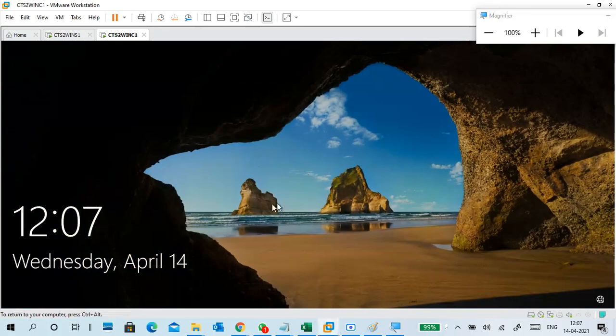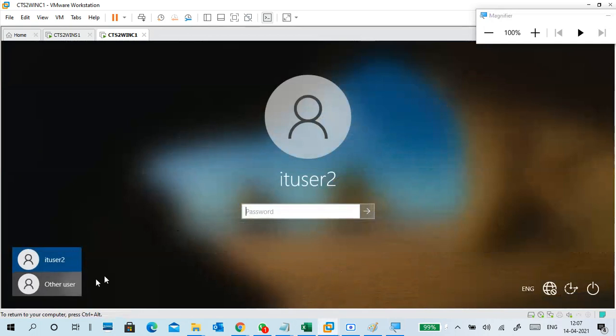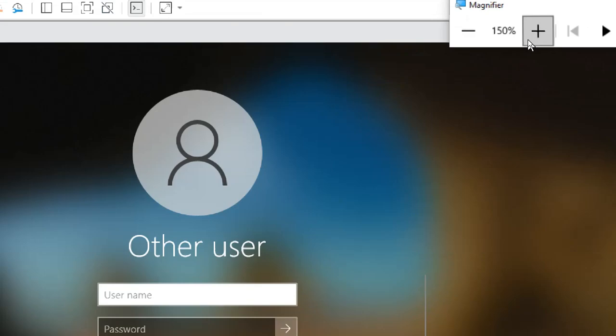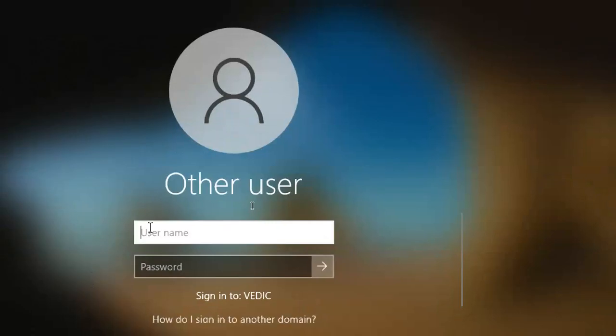Yeah. Have you seen that error? Why? Because we touched the user profile data.